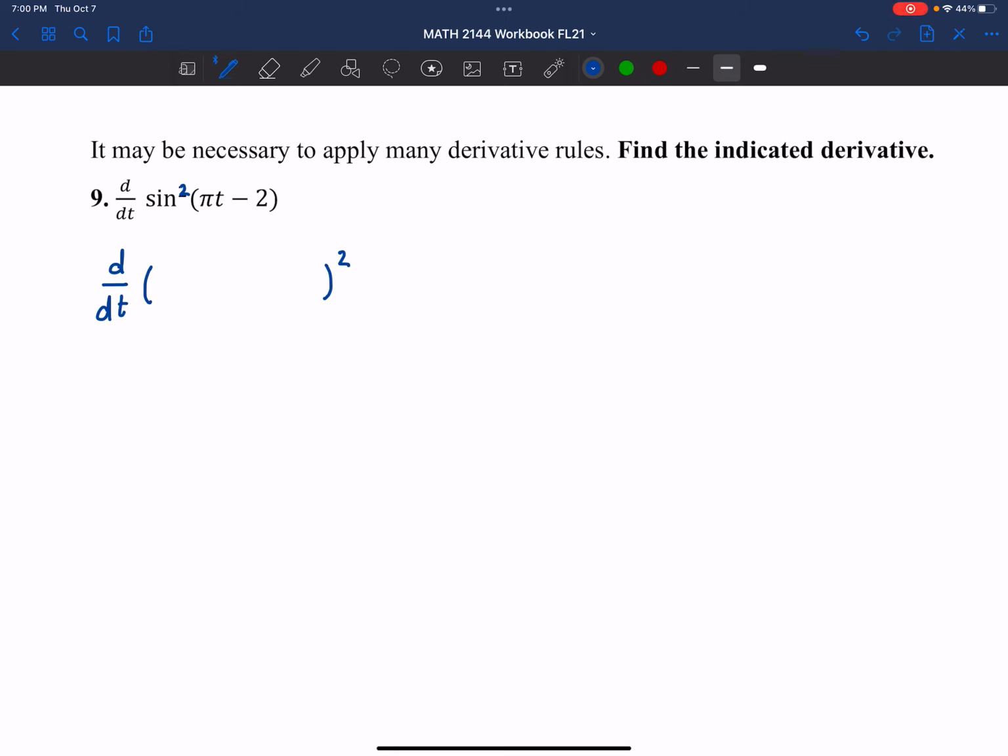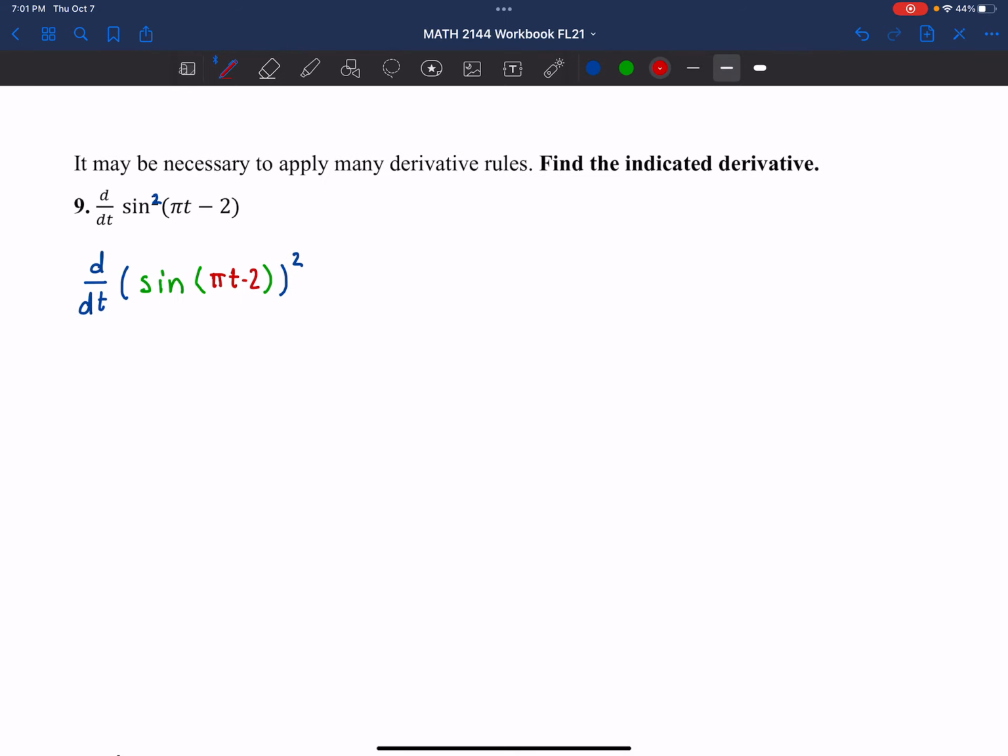And then there is going to be the sine function. And then the input to the sine function is going to be pi t minus 2. So I'm going to drop the outer inner phrases a little bit, but I just want to be able to get the hang of it: the outermost is going to be